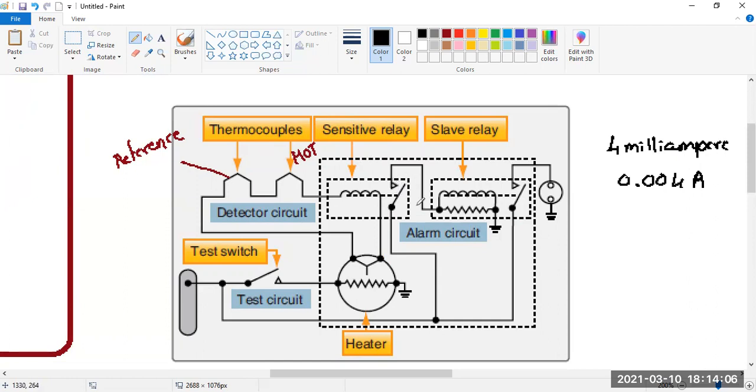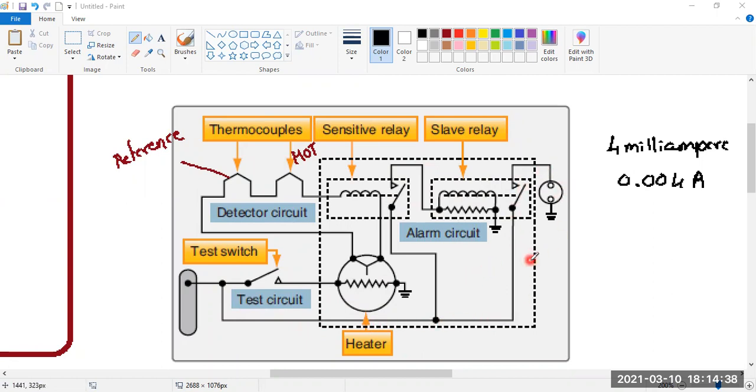And when the contact is closed, electrical supply from the hot bus bar will come over here. Through this pipe, it will travel over here. This is the closed contact now. And from the closed contact, where will it go, beta? Into the sensitive relay, like this. See, coming over here, going here. And from here, now it will go into the slave relay. It will do the same thing. It will energize the slave relay and the contact would be made. Again, hot bus bar supply is sent into the alarm circuit.